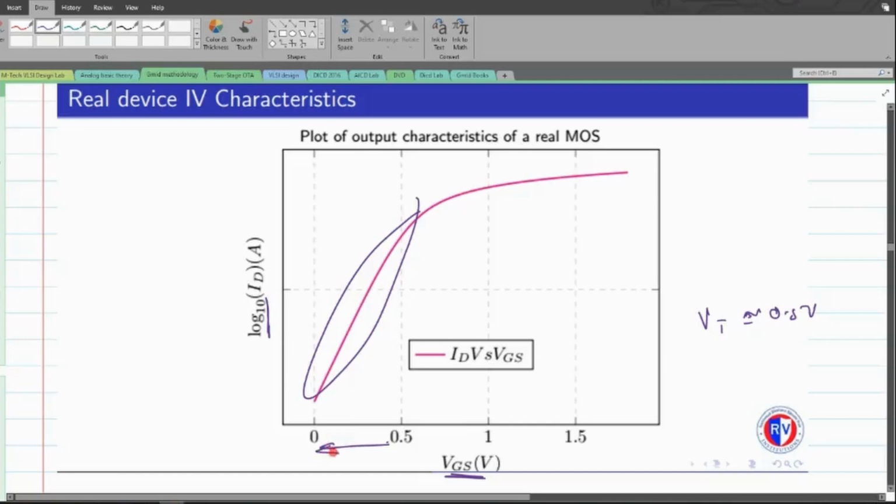Okay, so even throughout this entire segment, we could see that there is a current. But what we predicted through the square law is that whenever the value of VGS falls below the value of VT, the current ID is generally considered to be equal to 0. But here, it reflects the fact that the assumption that we had earlier is no more valid. Okay, and let us look at the second characteristic graph.